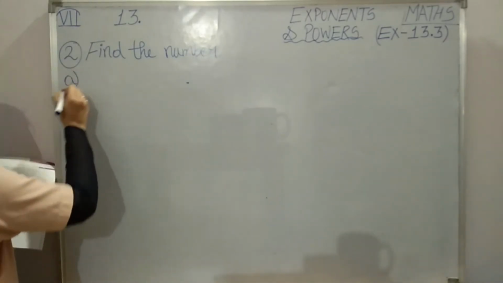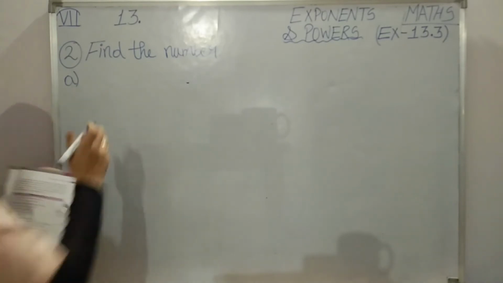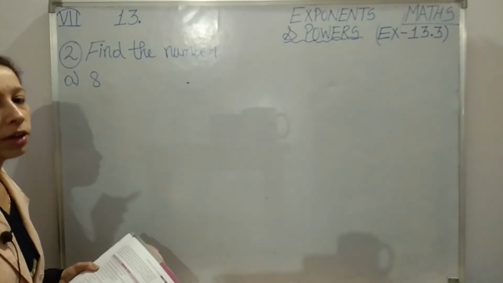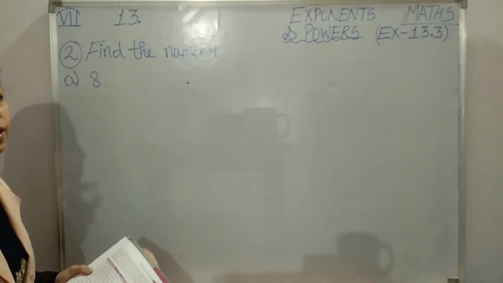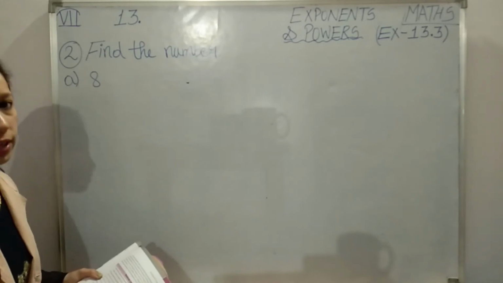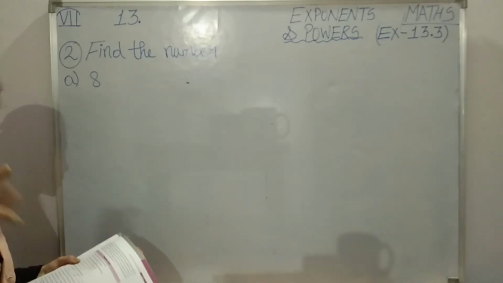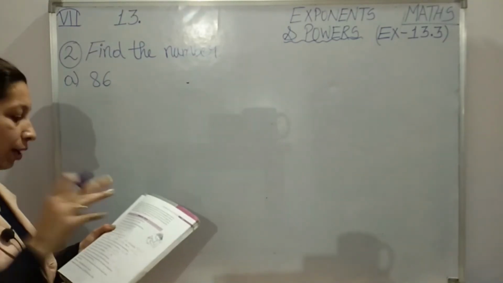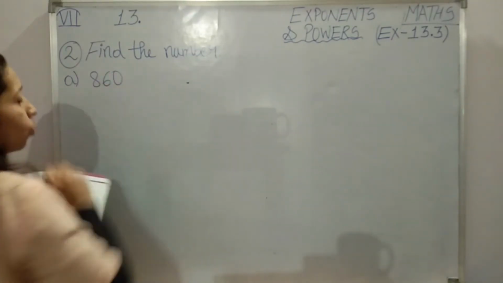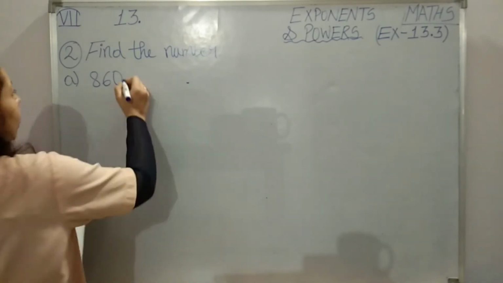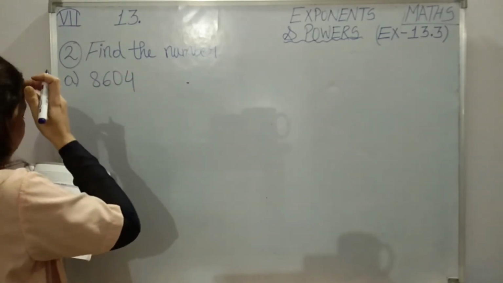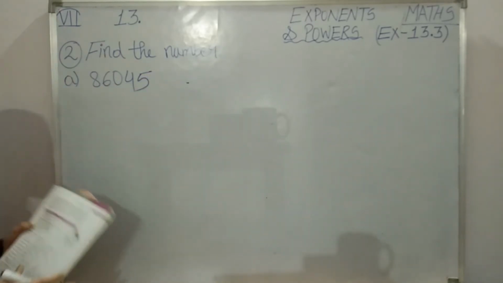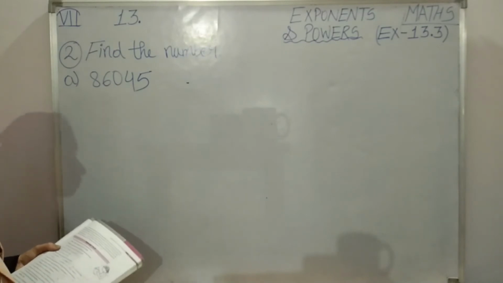Okay, point number A. 8 into 10 raised to the power 4. So simply I am going to write 8. After 10 raised to the power 4, what do you want next? We want a digit which is in multiplication with 10 raised to the power 3. Is it given? Yeah, 6 into 10 raised to the power 3 is given. So I will write 6 here. Then I want 10 raised to the power 2. Okay, 0 into 10 raised to the power 2. After 2 we want 1. 4 into 10 raised to the power 1. So 4 will come here. Then 5 into 10 raised to the power 0. So our final number is 86,045. How easy it is, isn't it, students?